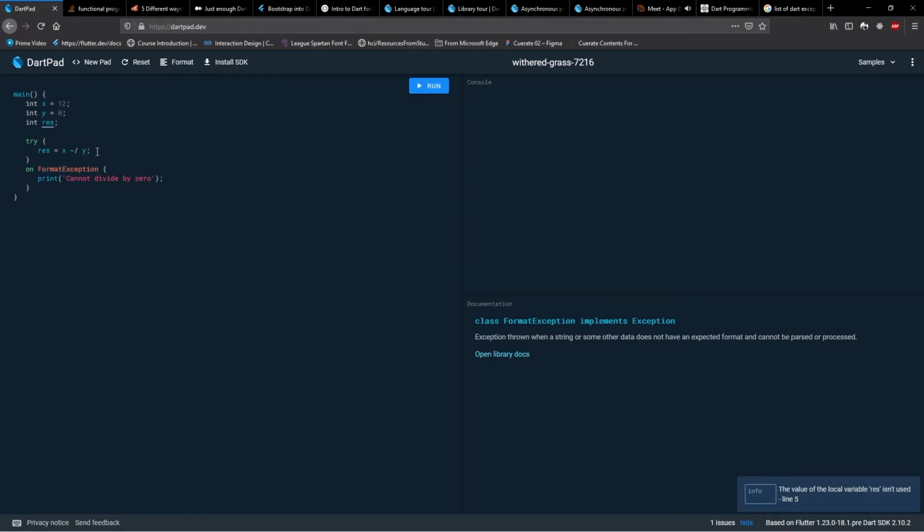it is going to not give us any value, because this is supposed to give an error over here, but it's not giving it. But in the previous thing that we saw, it used to enter this block. That is because it is going to catch every single type of exception. Now we use an on statement if you want to catch a particular exception. So in this case, our particular exception is the integer division by zero exception. This particular exception, by using the on statement, you're catching it. Now if I hit run, okay,